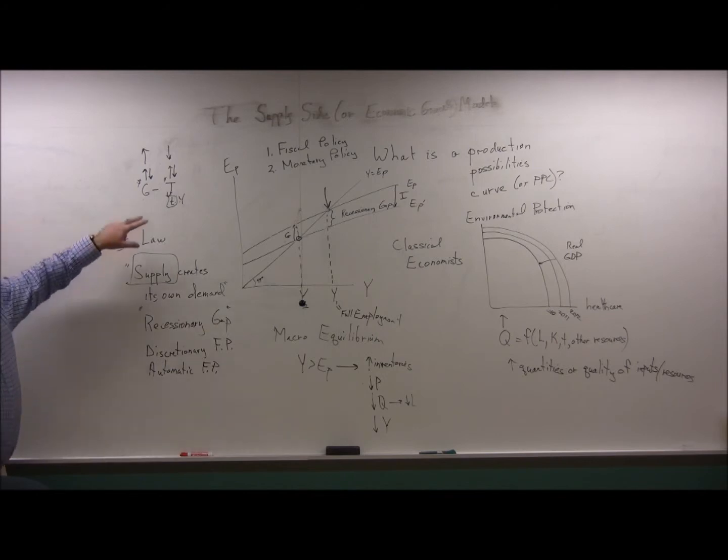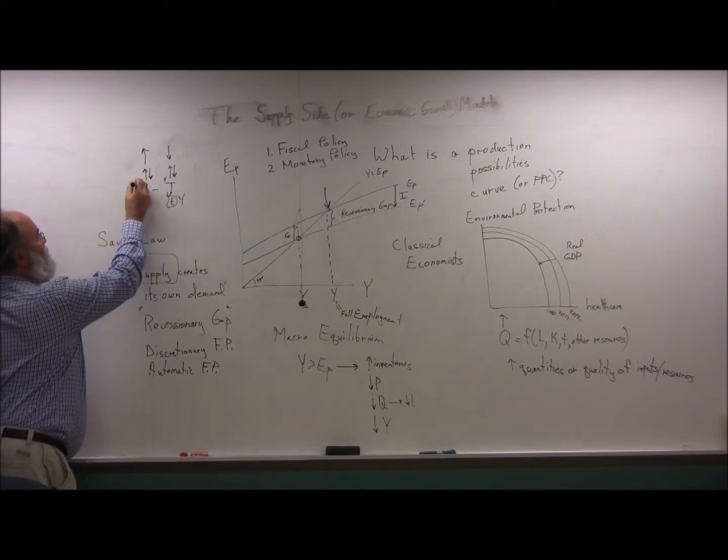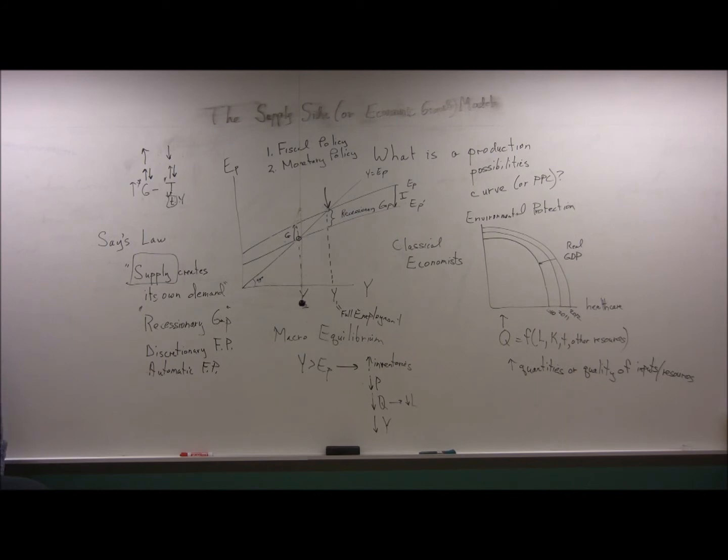Okay, the same thing happens on the spending side. Okay, think about entitlement spending. Think about welfare and unemployment compensation and things like that. Medicaid. Okay, those are all income based. So when we go into recession and people's incomes fall, more people suddenly need unemployment compensation. More people suddenly need welfare. More people need Medicaid. Okay, which means that automatically government spending increases when the economy slows down. That's an automatic fiscal policy system.